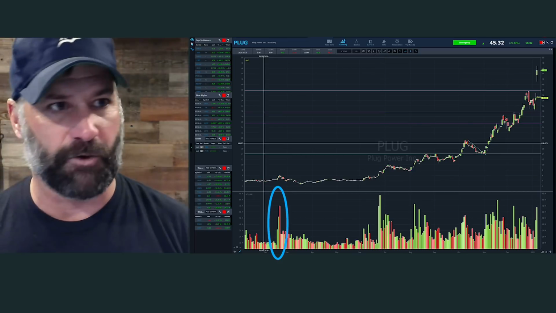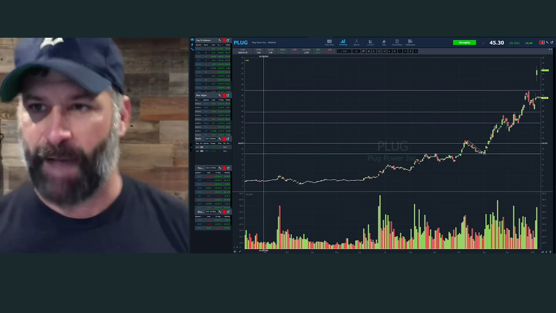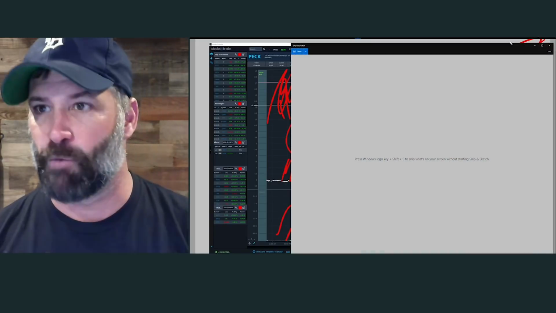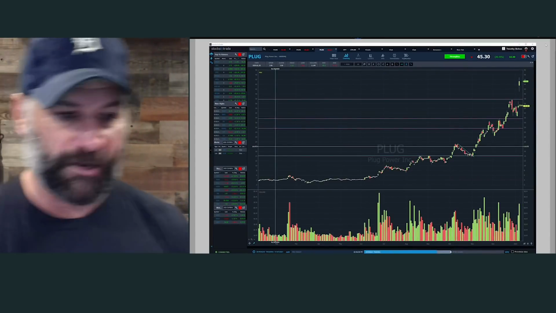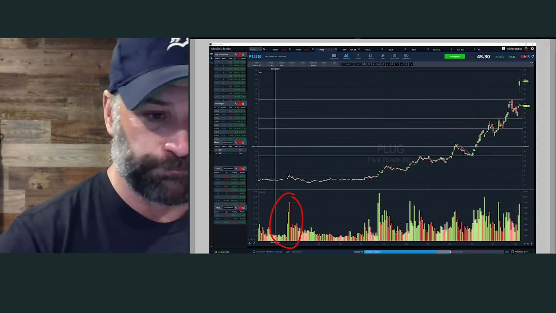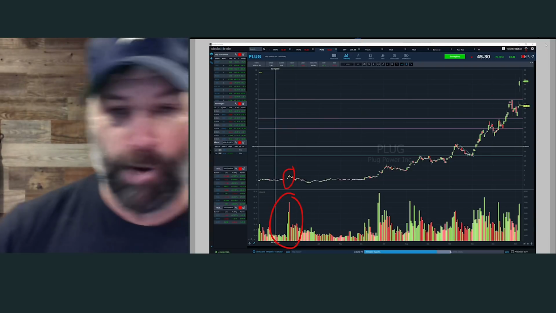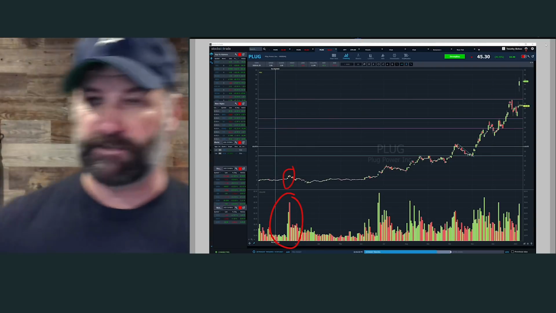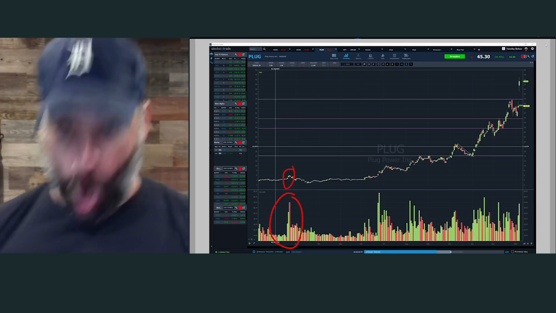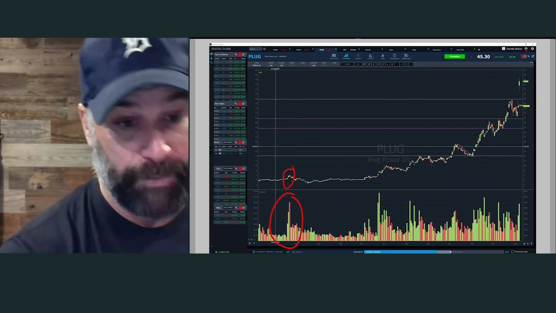And actually, I am going to take advantage of my fancy tablet to get into a little bit more detail on this. So you can see you've got that big volume. A lot of people bought that breakout, and then coronavirus came. Market crashed hard. So you've got that big